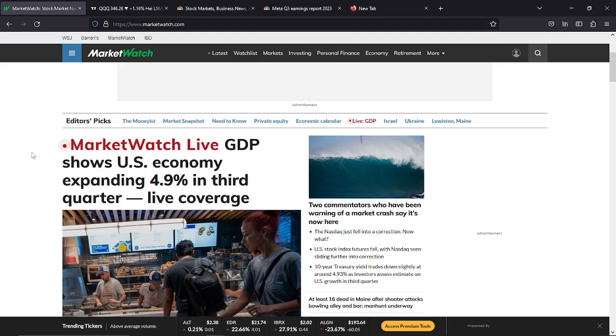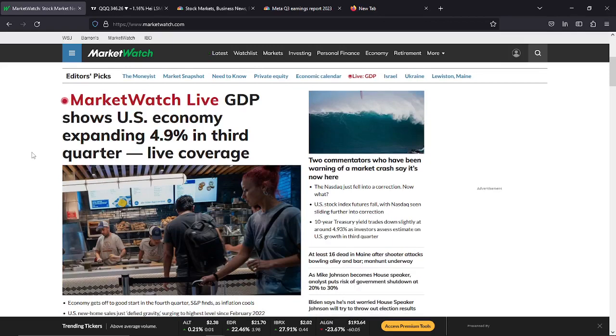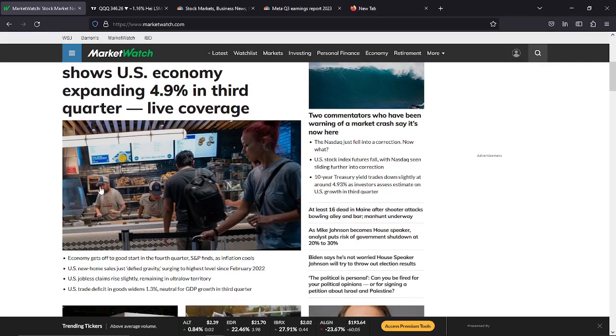Expanding 4.9%. So that's pretty good. I mean, considering the inflation right now, we've sort of slowed down, but the economy doesn't seem like it's slowing down. But then the other side of a growing economy is that you push inflation higher, right? Everybody has more money to spend. Well, not necessarily everybody has more money, but it's mostly the people with assets and the rich, who have pricing power, who become richer.